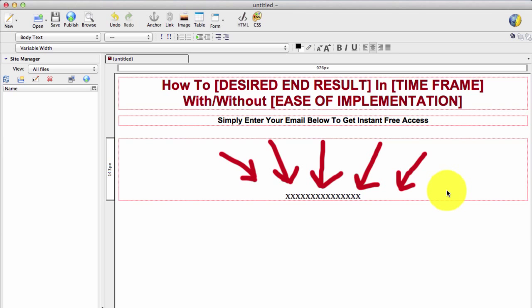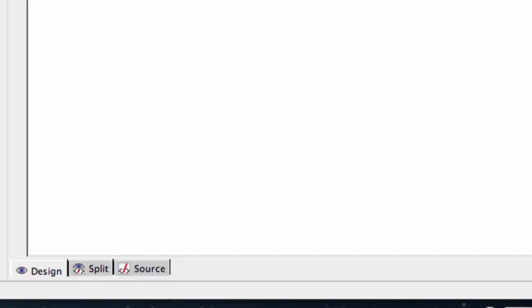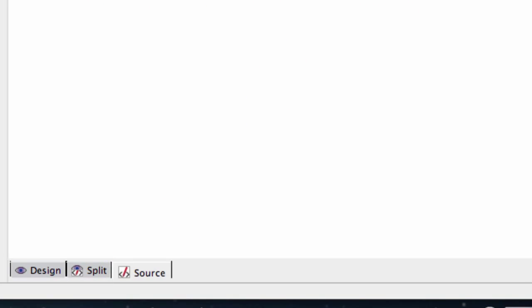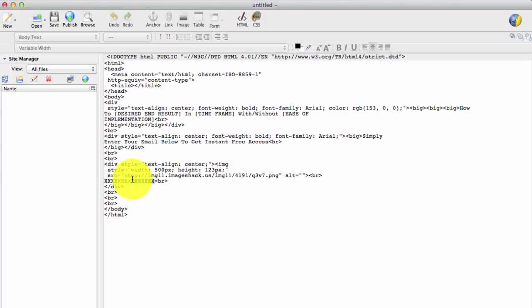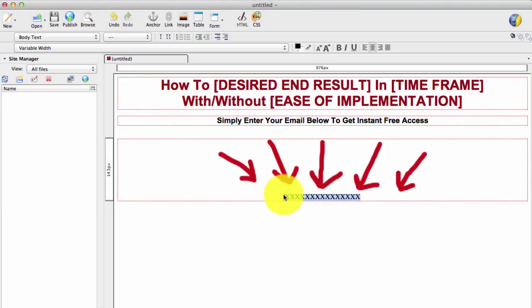But yeah, once you've created your form at your autoresponder service, what you want to do then is go down to the source, locate where you've put all your X's, and the code that your autoresponder service gives you for your opt-in form, you just simply paste it over the X's, and when you go back to design, it will show up here. Now if it's some kind of iframe code, it won't show up until you upload it to your hosting. Now that's basically it, and you're probably thinking it looks rubbish, but the fact is,